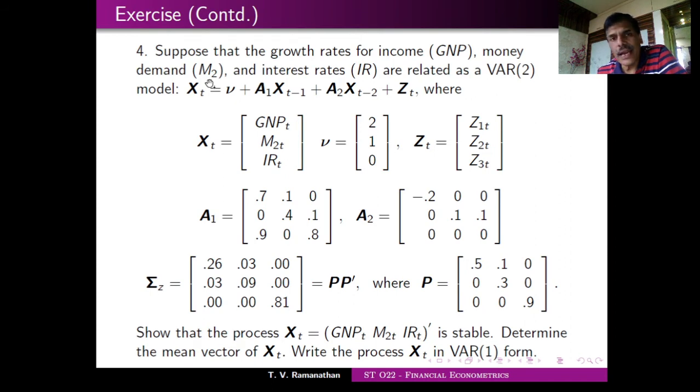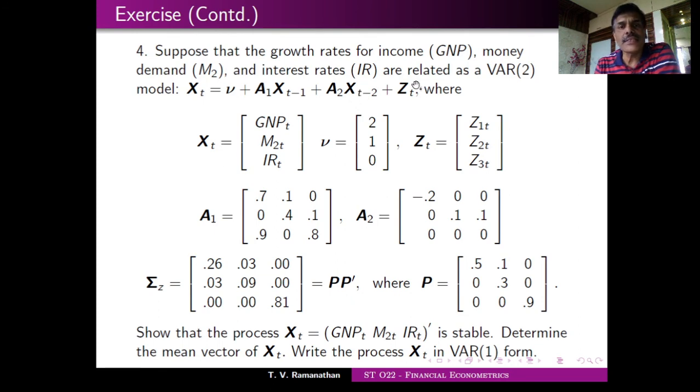I think I had mentioned this in my first lecture. There are different measures of money, M1, M2, M3, depending on the order of liquidity. If you are more interested in what these measures are, and their exact definition in the Indian context, you can visit the Reserve Bank of India website and see the definition of M1. M1 is basically the cash in hand and current deposits, and for M2 you add the demand deposit. For M3, you add some more things which can be liquidated without much difficulty. That is the money demand, M1, M2, M3.